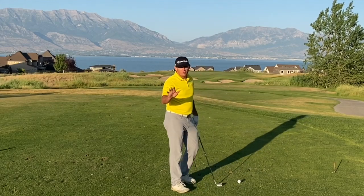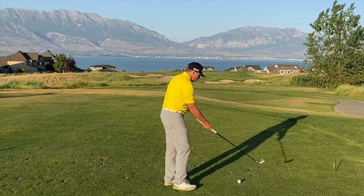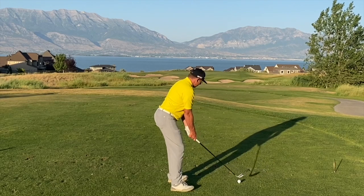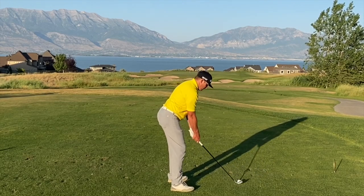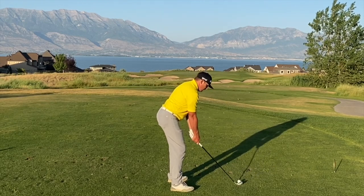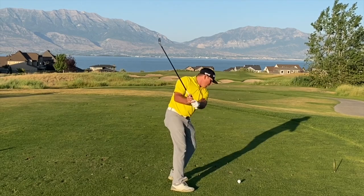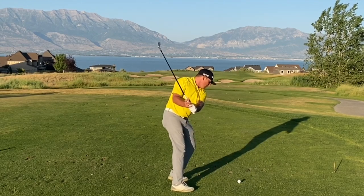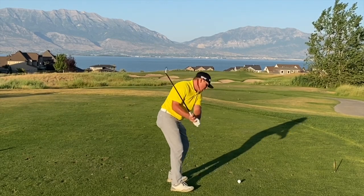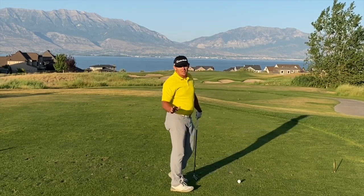First I'm going to show you from down the line what happens when my hips move incorrectly. If I'm trying to hit a shot toward my target and I get set up, like I see a lot of you get set up, my butt way back. Now, when I go to start my backswing, my left hip begins to move forward. So now I've moved a little closer to the ball than where I started. And now, if I'm lucky and I can return and get my left hip out of the way, I might have a chance. But what I tend to see most of you do,